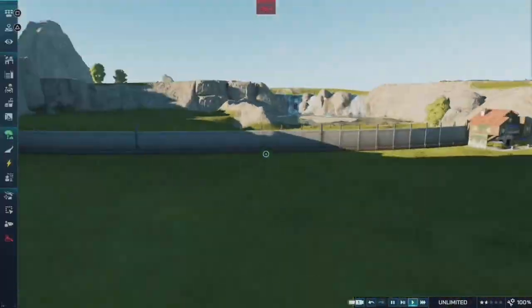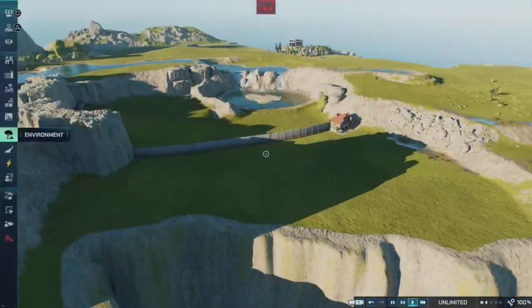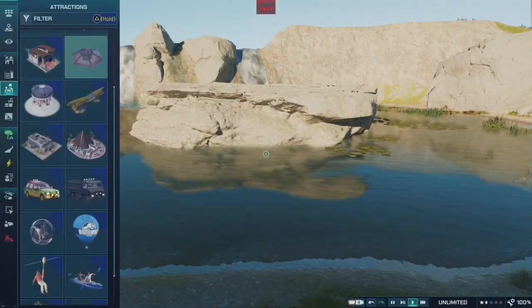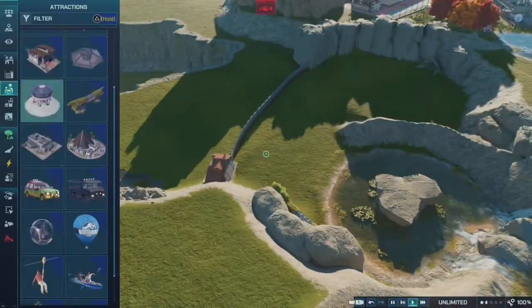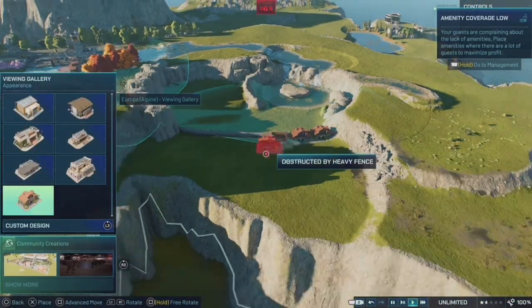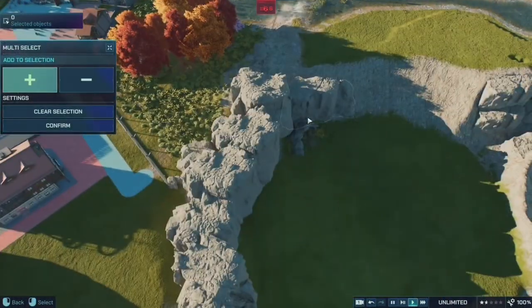And then I curved the fence because I didn't want the fence to be just straight. And then I tried to test out if I could add the viewing dome on top of the rock. It would be really cool if you could do that. But yeah, so I started adding a line of viewing galleries. And then I